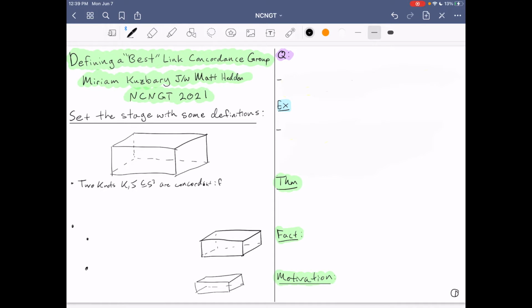if... So I'm going to draw a little schematic picture for you here too. Let's say this little box is a picture of S3 cross I. So we have S3 cross 0 at the top and S3 cross 1 at the bottom. And let's say that we have two knots, K, and maybe J is over here. And we say that these two knots are concordant if there exists a smooth,